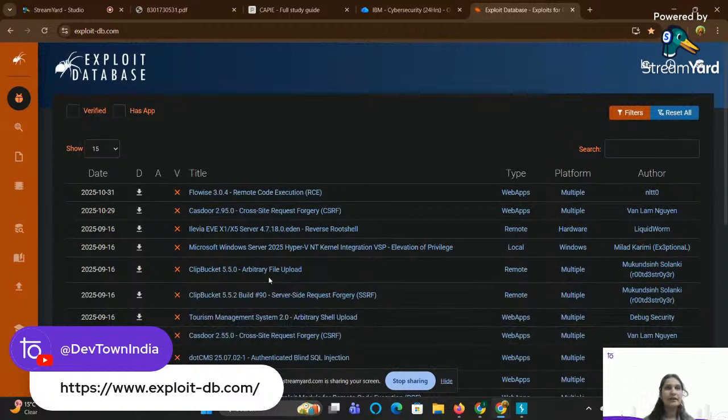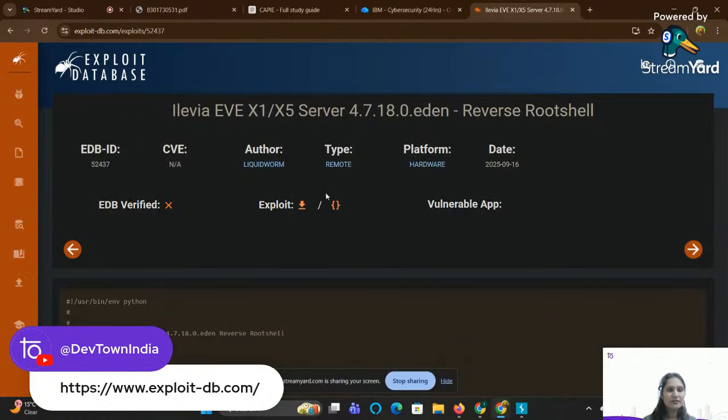And if you found a vulnerable version of any organization or any domain, you can just go ahead with this exploit database. You can click on any one which you found on that website, and you can see a remote code execution or cross-site request forgery, reverse root shell. So there is a particular script written for it. Let me show you how you can see that. As soon as you click onto that,